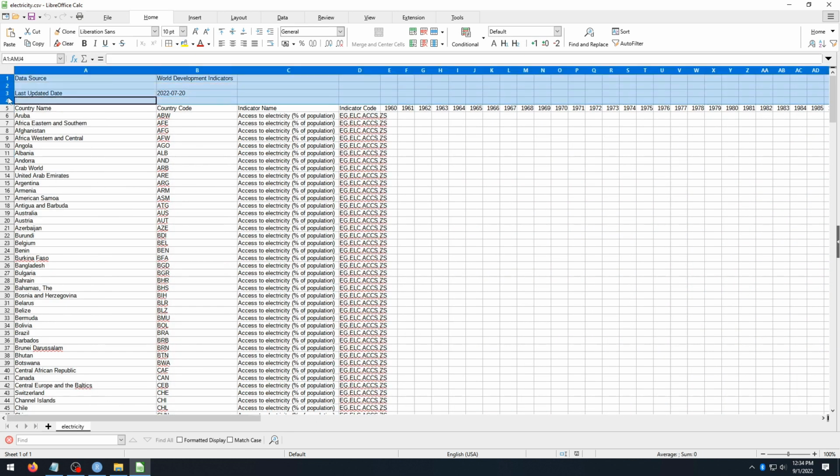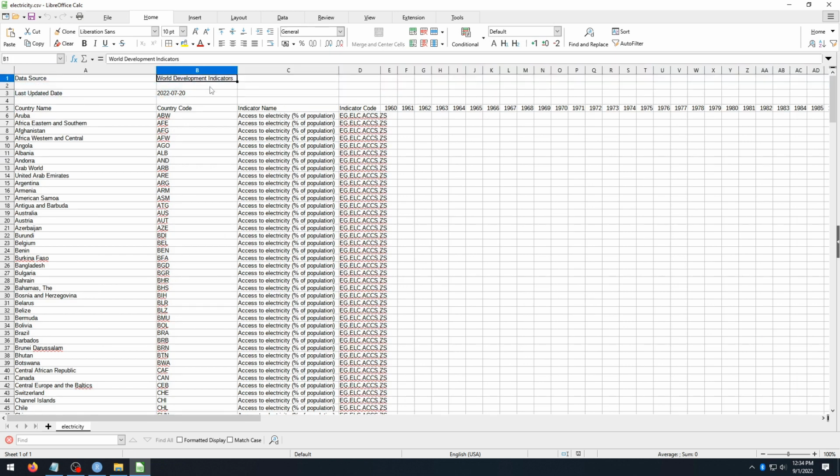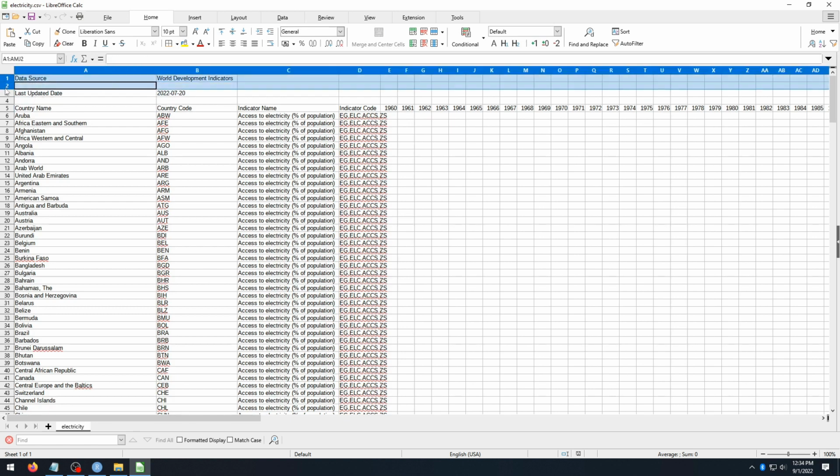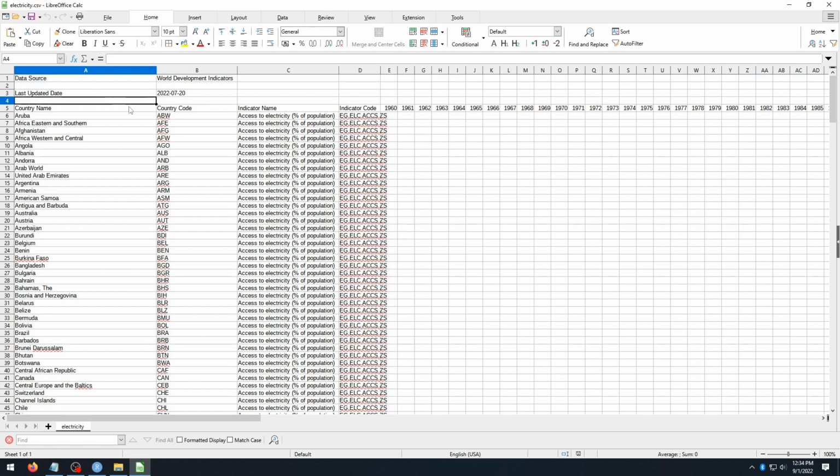is that there are all these rows before our actual data set starts. I don't actually care about any of these, right? I know the world development indicators. I know that's where this data came from already. And if I were writing a paper, I would write a sentence or two about that. But in R, I don't really need that. And again, this is something I might put in a report, but I don't need that. So what I want R to do is to ignore these first 4 lines when it's reading in this data